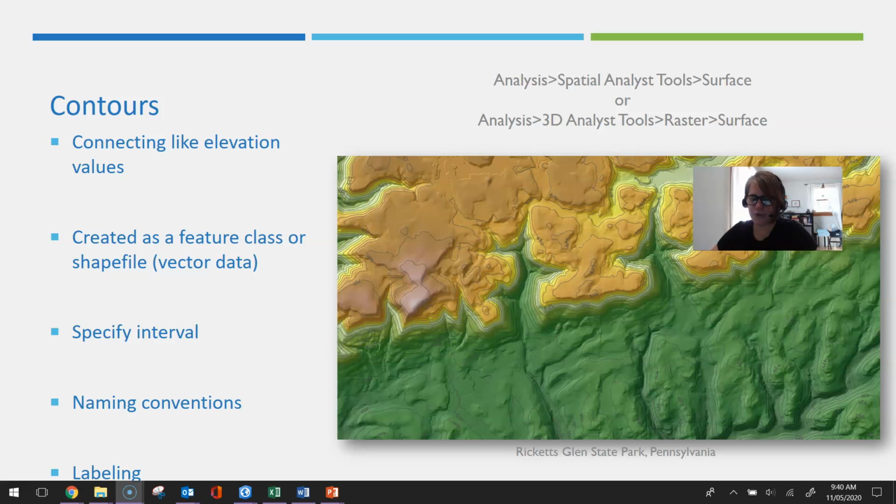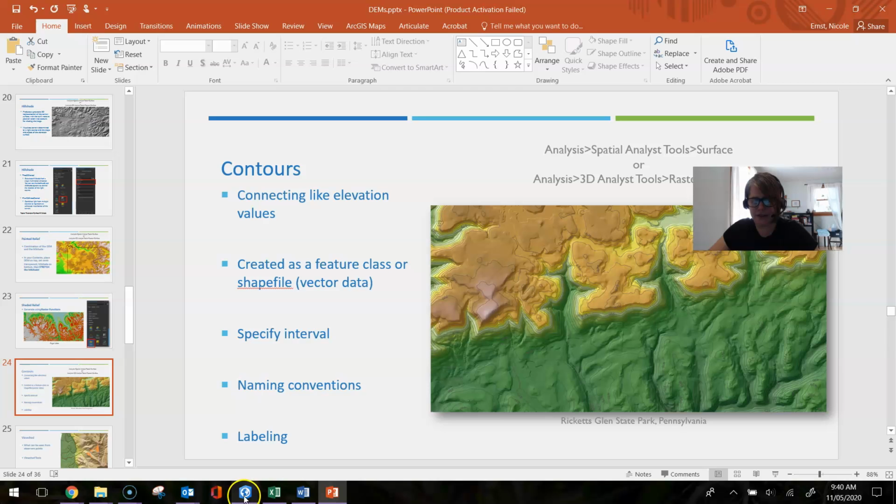Also, just a little bit of a warning about labeling contours. By default, ArcGIS likes to take the first number field that it finds to label contours, which is not the right field. It's the ID field that it selects by default. Make sure you're changing it to the contour field. Also, you might want to note in ArcGIS Pro,